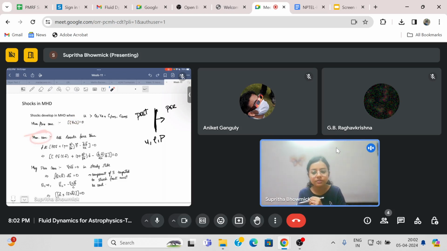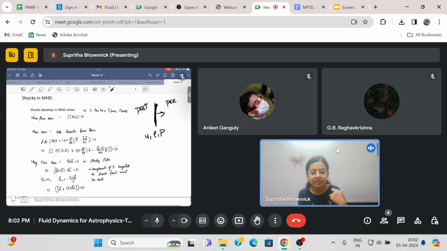Then you had the momentum conservation equation. But now there'll be an additional term because you have the Lorentz force because of the magnetic field. That's really all the change you'll make to the momentum conservation equation. So what is the extra term? This, which is the magnetic pressure, and this, which is like the magnetic shear stress. These are the off diagonal elements of the magnetic stress tensor. This was the diagonal elements, the pressure, the scalar term. Once again you'll equate this across the shock front,